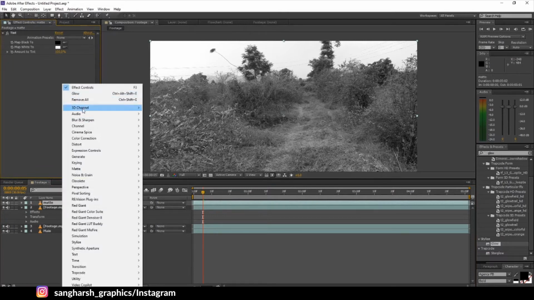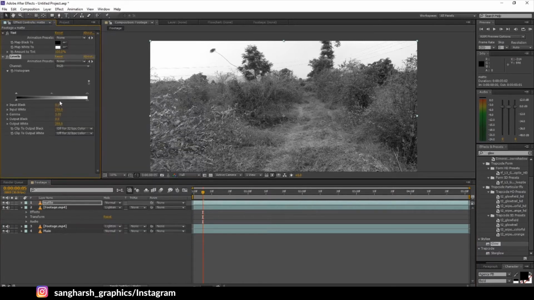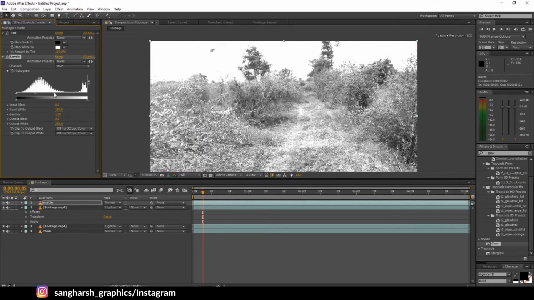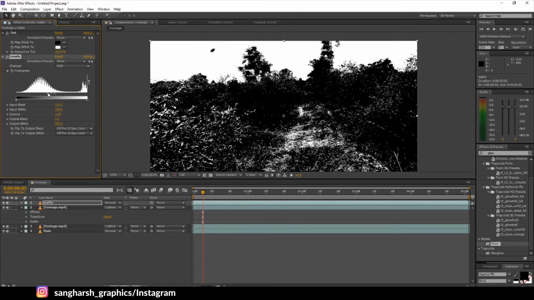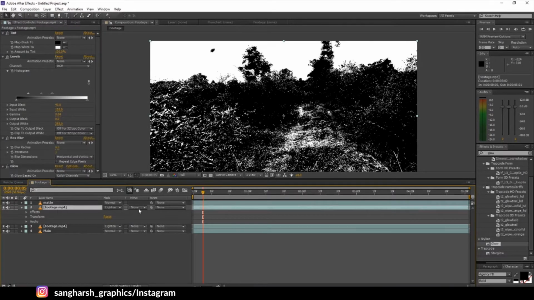Right click and add levels again, select the levels, increase the white and adjust the black so that only the trees get selected and the sky remains. Be sure it seems like this. Now select the footage, go to track matte, Luma matte.